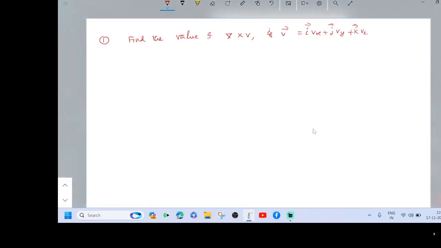Find the value of curl v if the vector v equals i vx plus j vy plus k vz. Actually, curl of a vector is called rot of a vector because to study the rotation motion of fluids we are taking curl. Del operator is i ∂/∂x plus j ∂/∂y plus k ∂/∂z